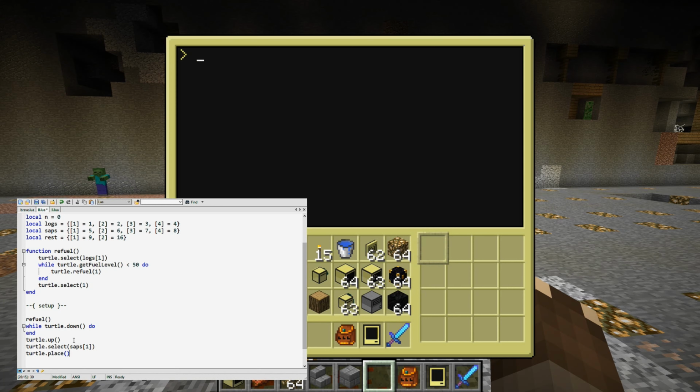Turtle.place. And now comes the tricky part. Let's make this even easier. No need for a table. We're just going to select slot 2 and slot 1. And the rest is not really important. This can go to just 1. We only have 1 slot of play room, is not the best word, but